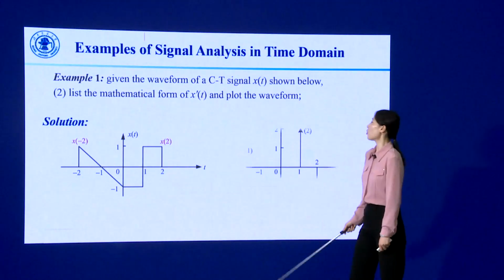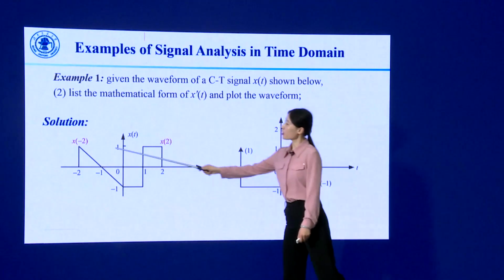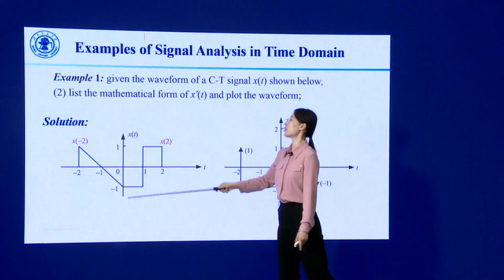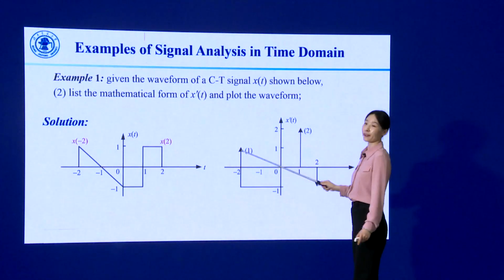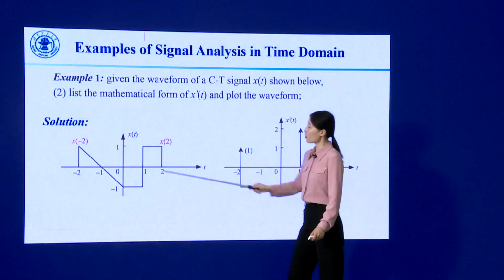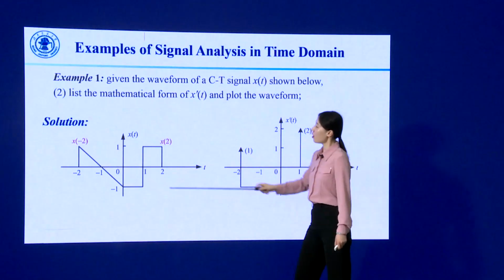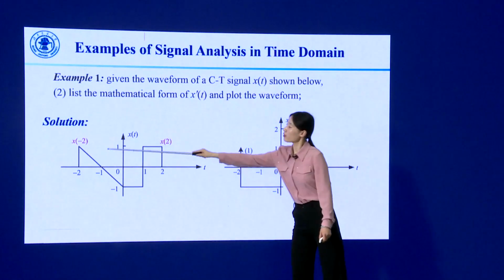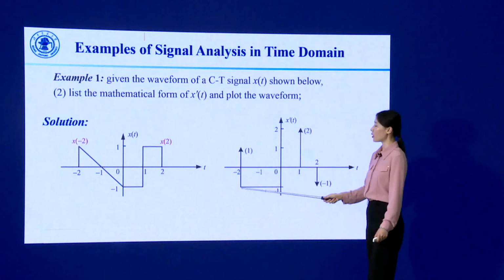Now let's give the waveform of the first derivative. For this point, it is a discontinuous point. Thus, the first derivative is a delta signal, and the strength of this delta signal is 1 minus 0, thus it is 1. For this part, the slope for this signal is minus 1,